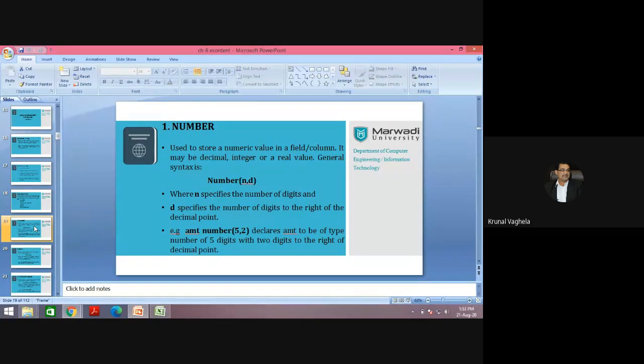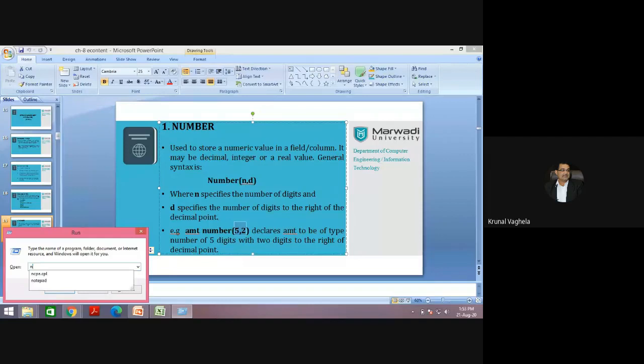If you want to store a numeric value in your database, you need to use the number data type. This is the name of the data type, number, and the argument is the size. What is the meaning? Let me explain by example.